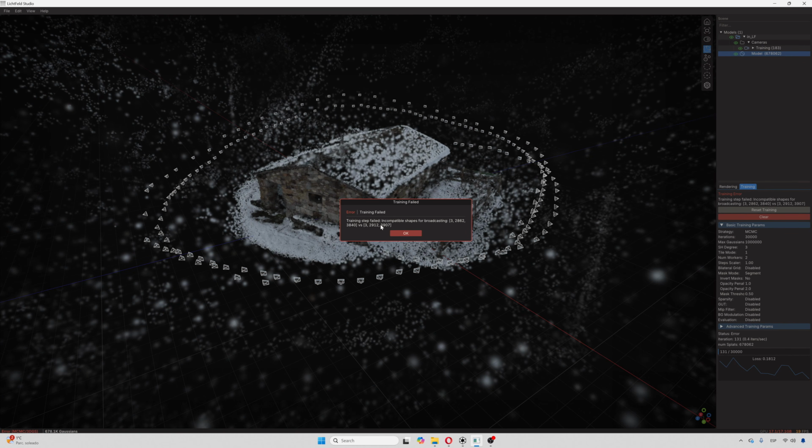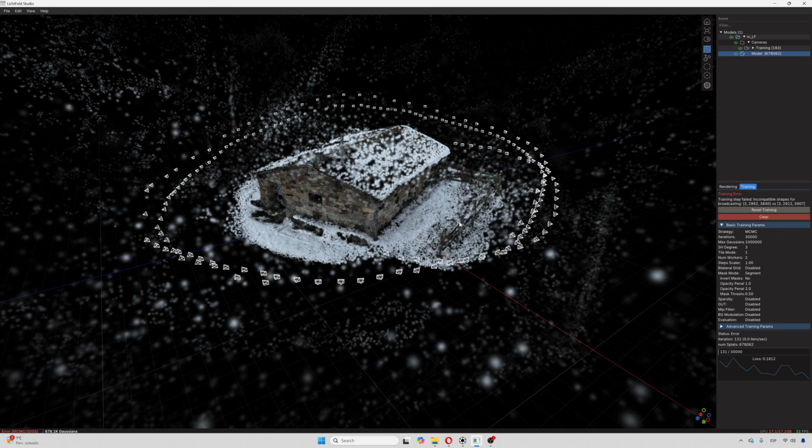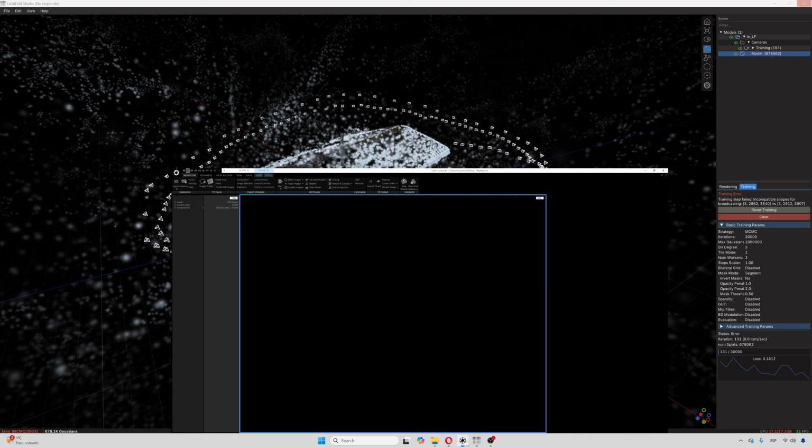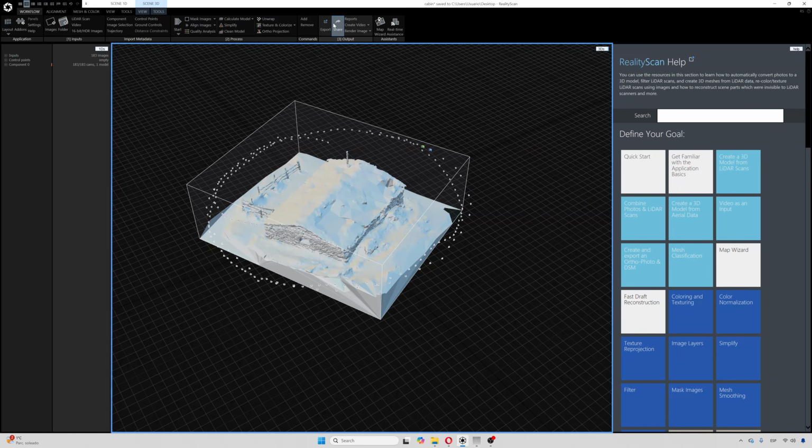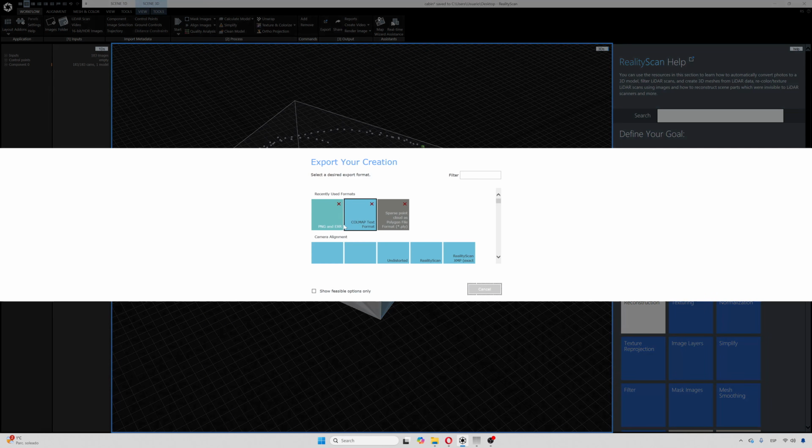Okay, cool. So it's definitely that, because it says here this resolution compared with that resolution, and they are not the same. So I think that is what's making this crash, and it has crashed completely. So how do we fix that? I have no clue, because RealityCapture, well, when we export